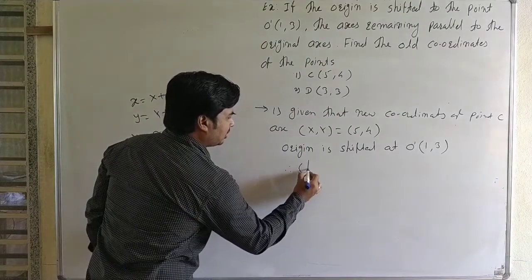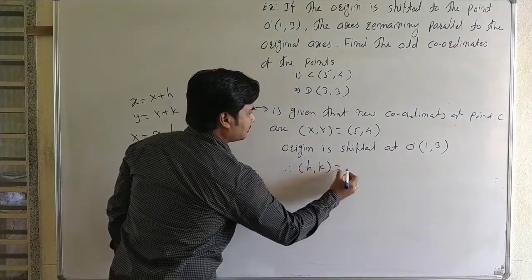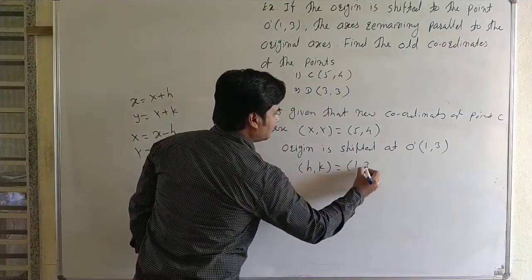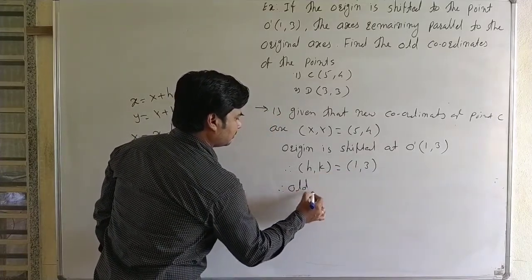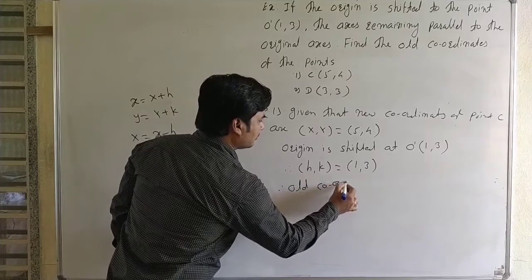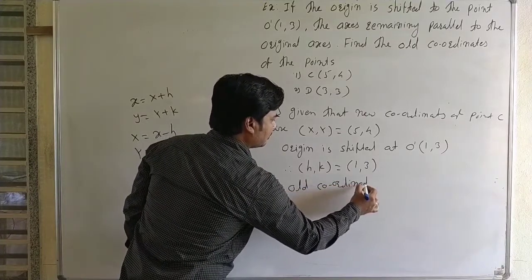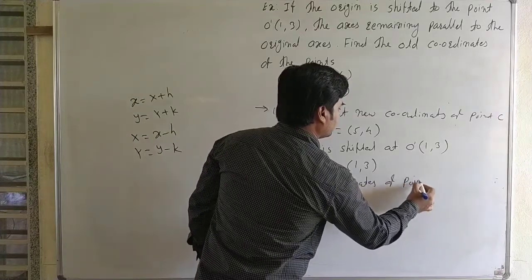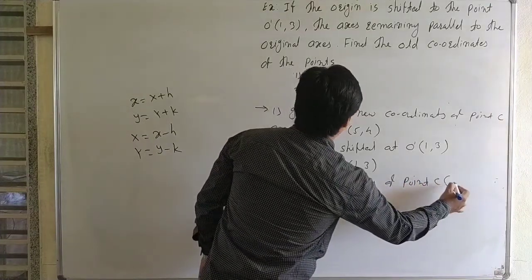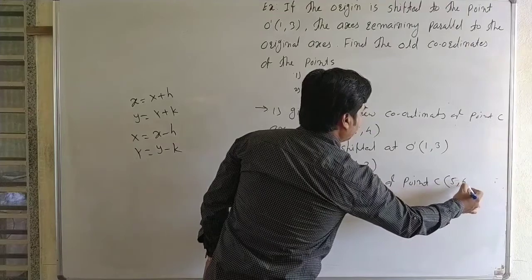Therefore h comma k is (1, 3), and therefore the old coordinates of point C, (5, 4), are...